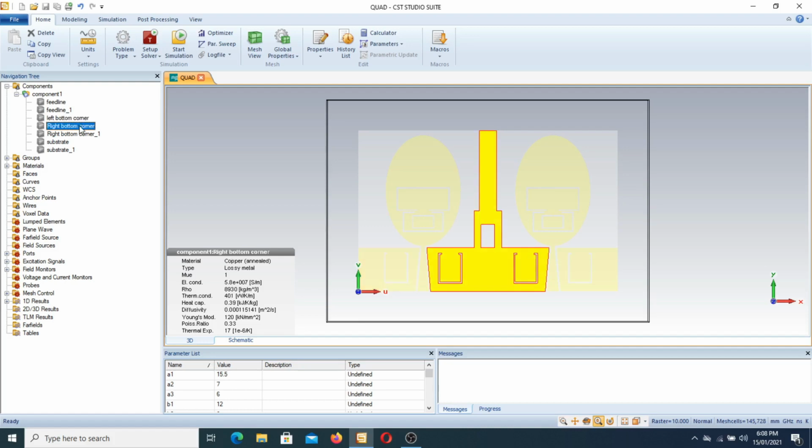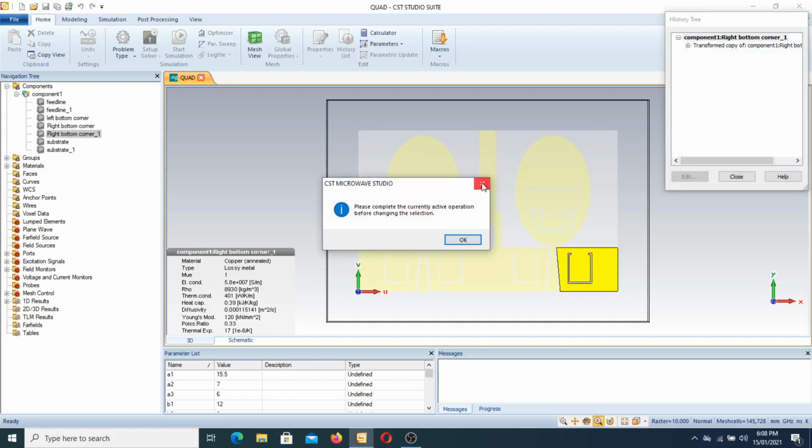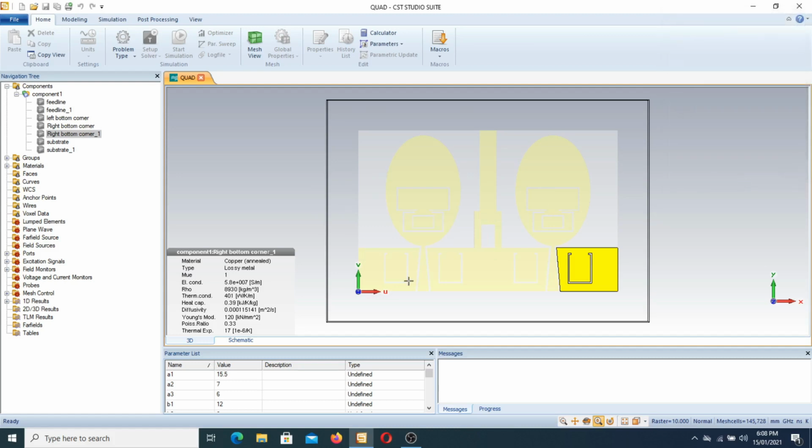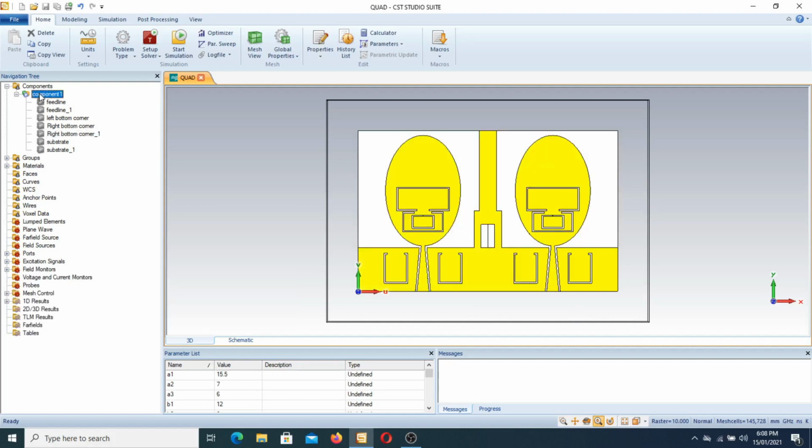This is the combination of both. This is the decoupling structure which is inserted between the two MIMO antennas, so that the mutual coupling which occurs between these two antennas is reduced. The right bottom side is a similar image of this side. It is taken as a mirror image and also inverted. This part and this part are the same, and in the center there is a decoupling structure. This is the feed line structure, this is also a feed line structure, and the whole antenna looks like this.